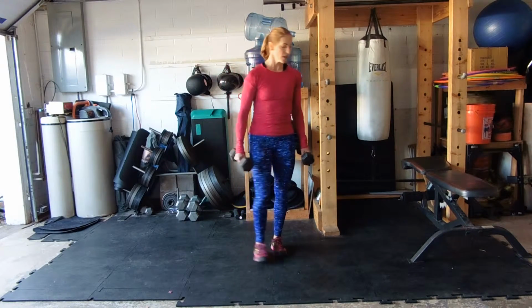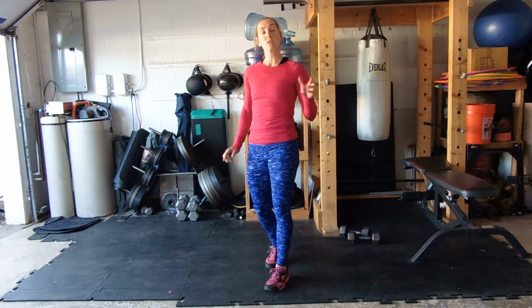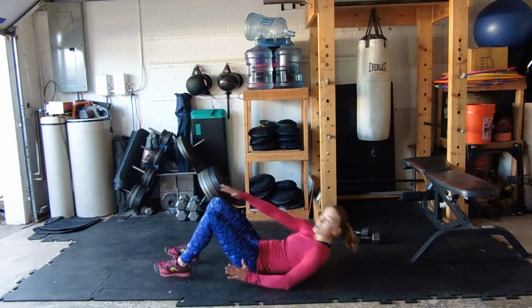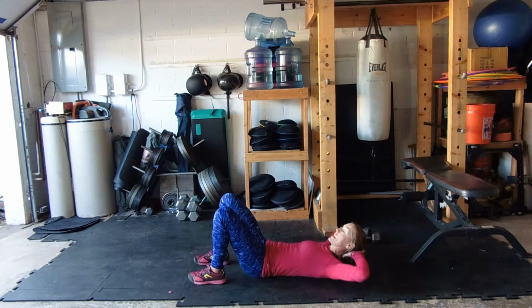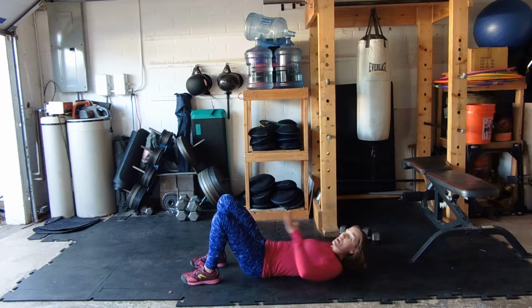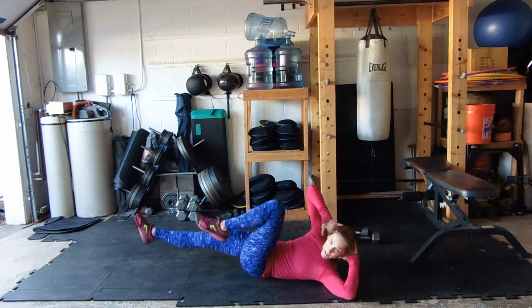All right, last but not least, we're going to finish up with 50 bicycle crunches. This exercise is going to be a hard count. So 50 on each side. We want to make sure that our back is pressed into the ground, fingertips come behind the head, elbows are open here. We're going to think about bringing that shoulder across to the opposite knee right there and extending that